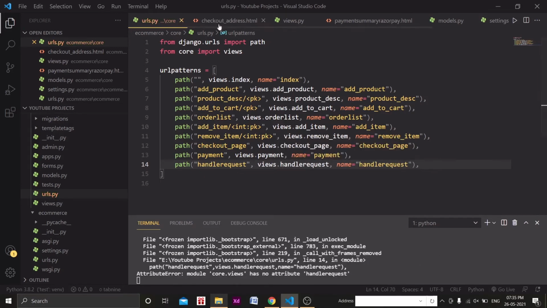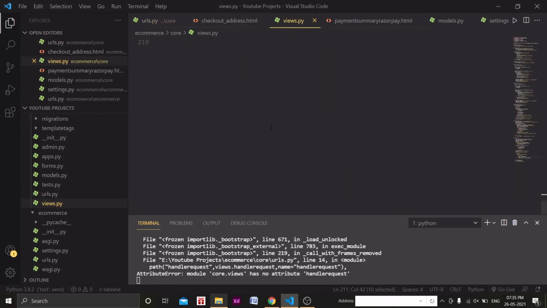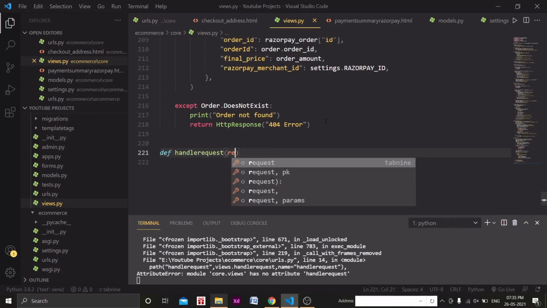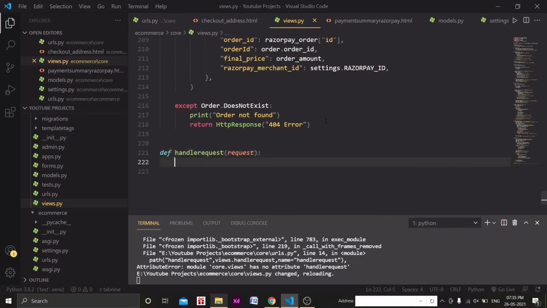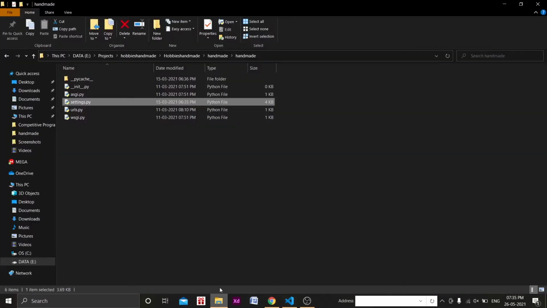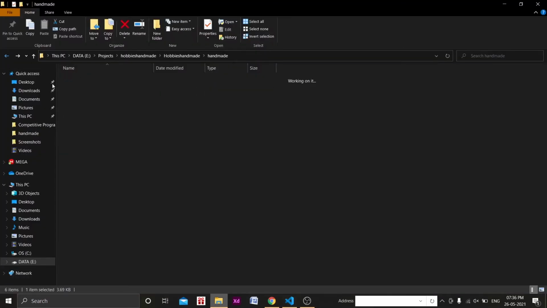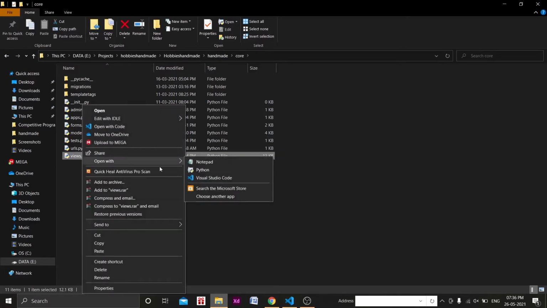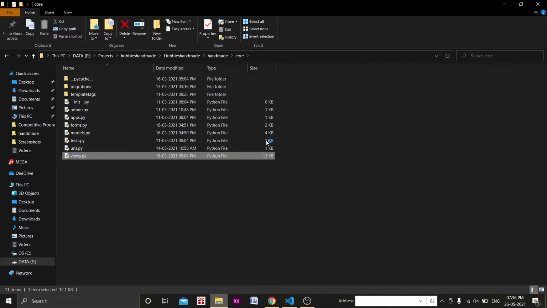So we will write it in the views.py file. Here we will have def handle request, which will take request, and I have written this previously in the course. Let's go to the views.py file. I am opening it with Notepad.